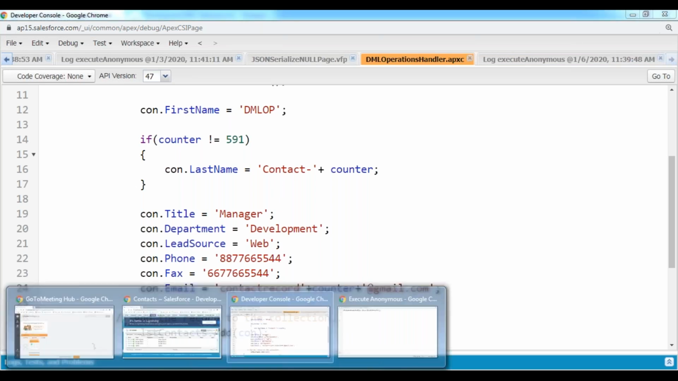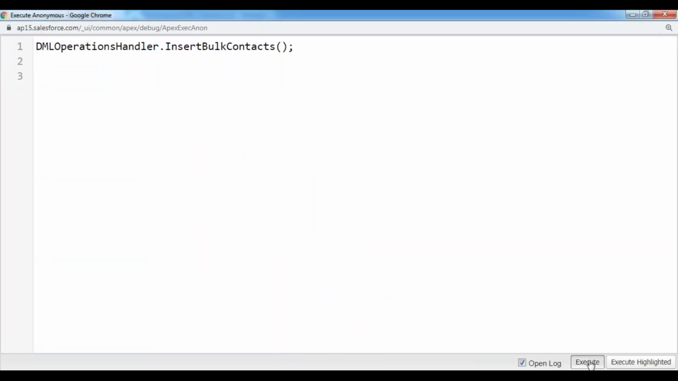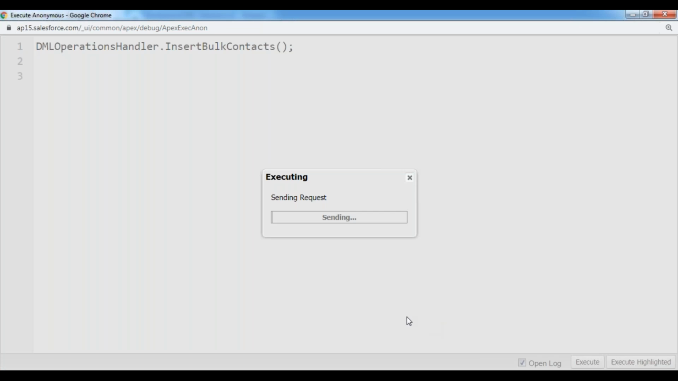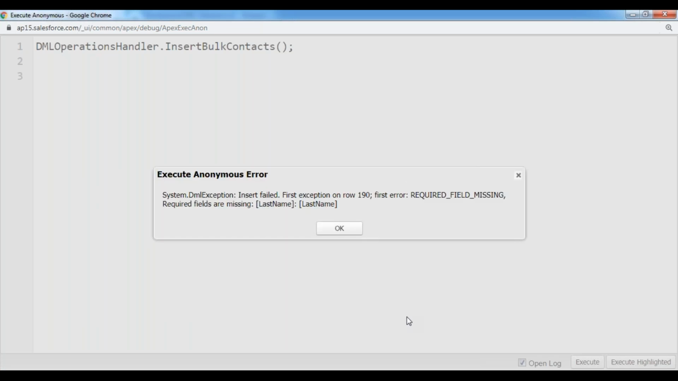Now, let me execute this. What happened here? Required field is missing. So what is the required field? What is this error message here? Last name field is missing. Now it is indicating that